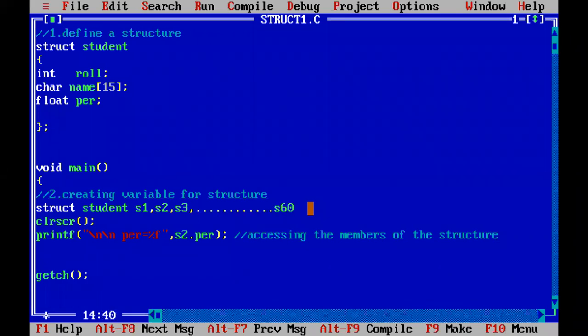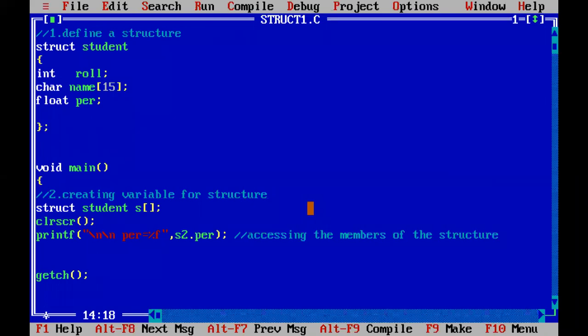But manipulating S1 to S60 data individually is very problematic. Instead of this, we just open the square bracket and close it, and semicolon. In between the square brackets, how many variables do you require? How many students are there in the class?